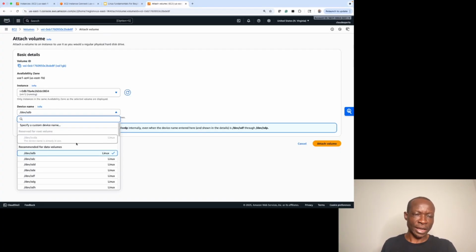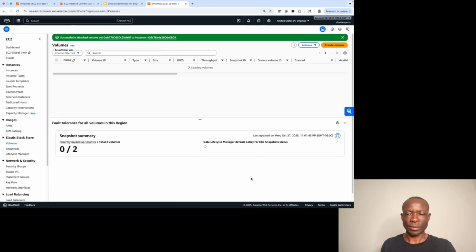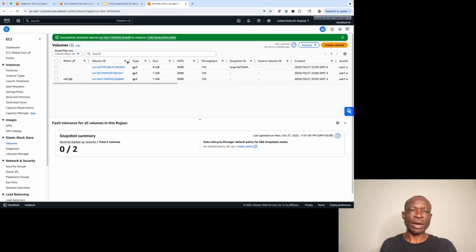As you can see here, Linux names the disk in alphabetical order: SDA, SDB, SDC, SDD. So let's use the next available one, which is dev SDB. All right, so we're going to say that and attach. Okay, so now that we attached it,